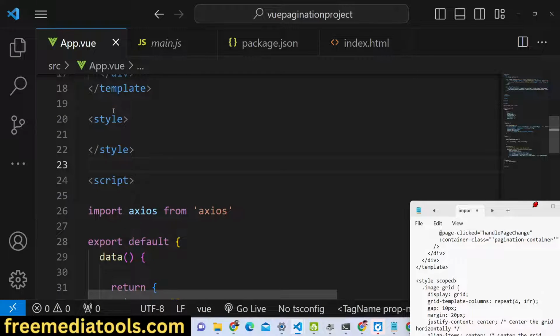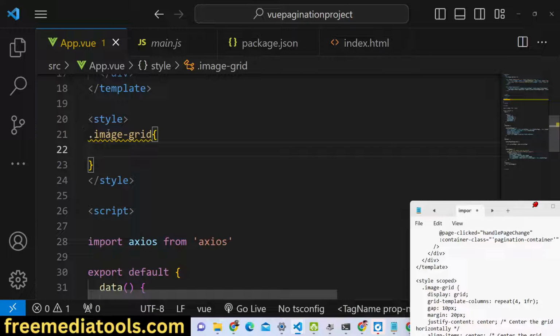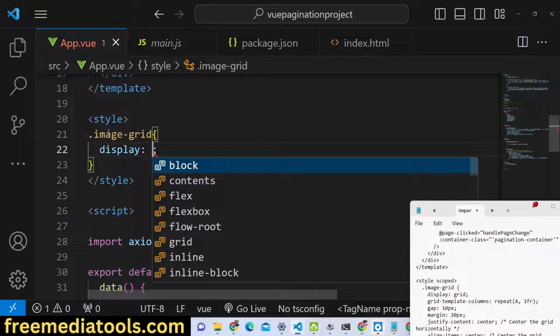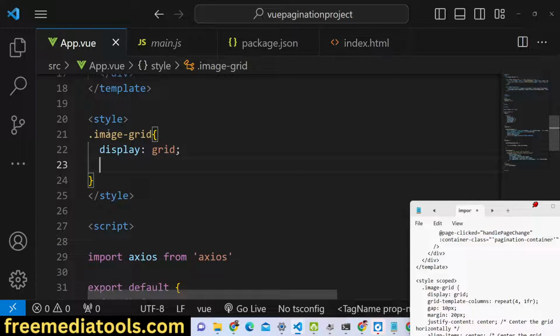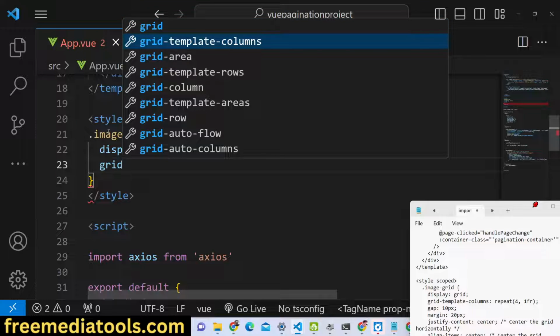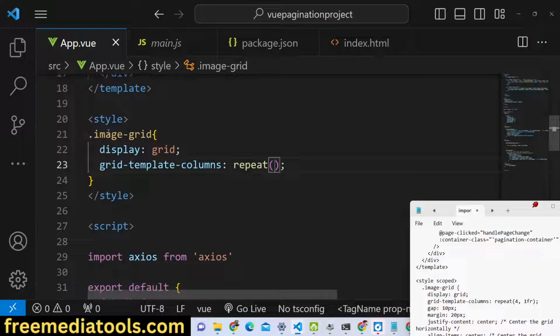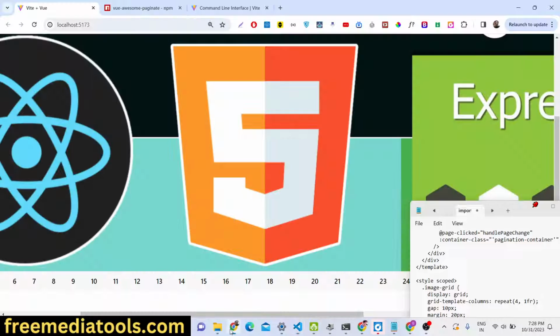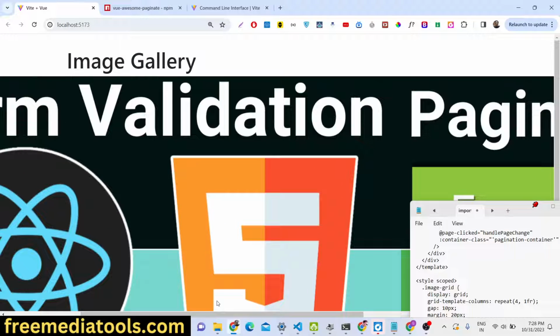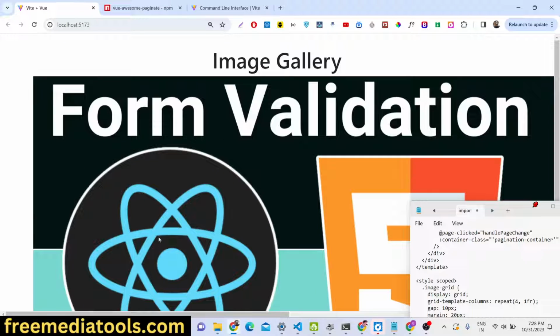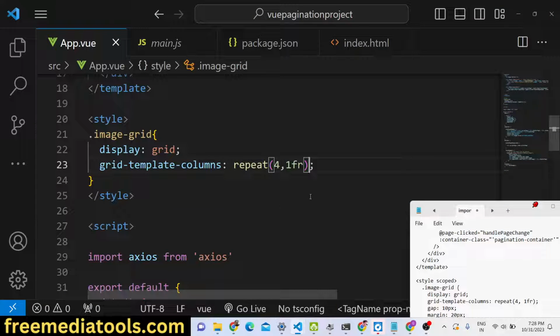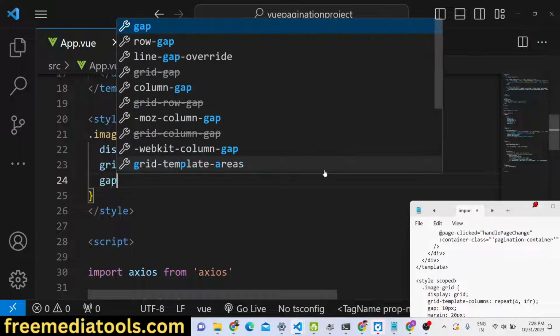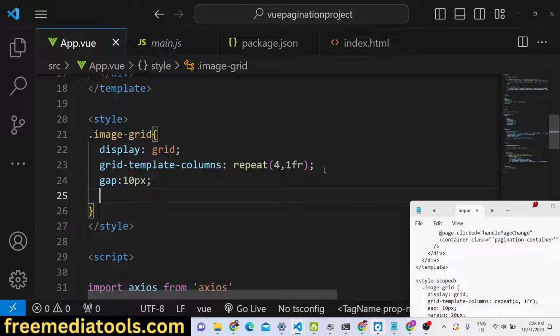We will target our image grid class, and we will display it as a grid structure, and for grid template columns, we will repeat 1 FR. If you do it like this, the images will show horizontally. We just need to make sure the gap is 10 pixels, margin is 20 pixels,